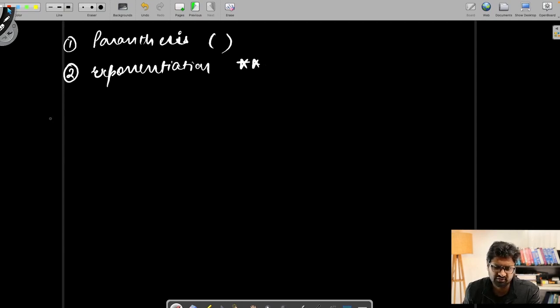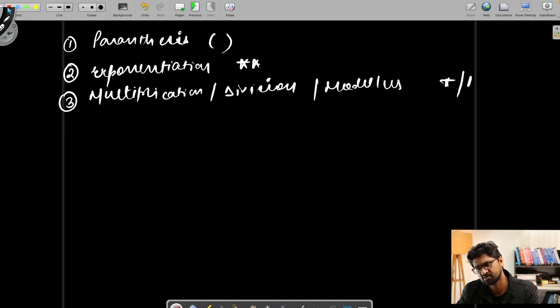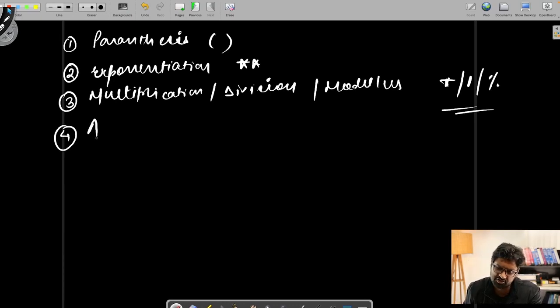The third precedence should be on the multiplication, division, modulus, something like this. Next precedence should be given to the addition or subtraction.